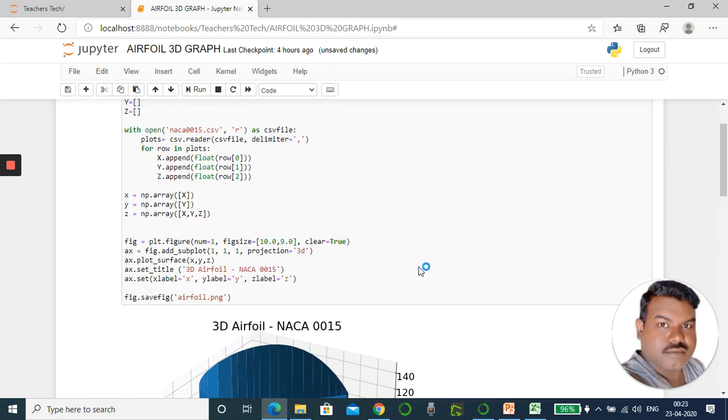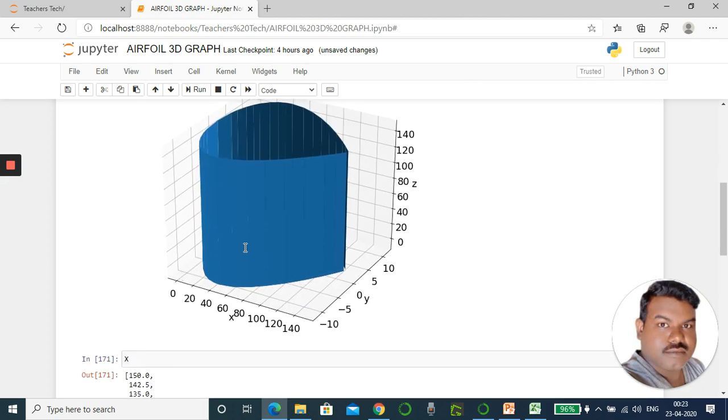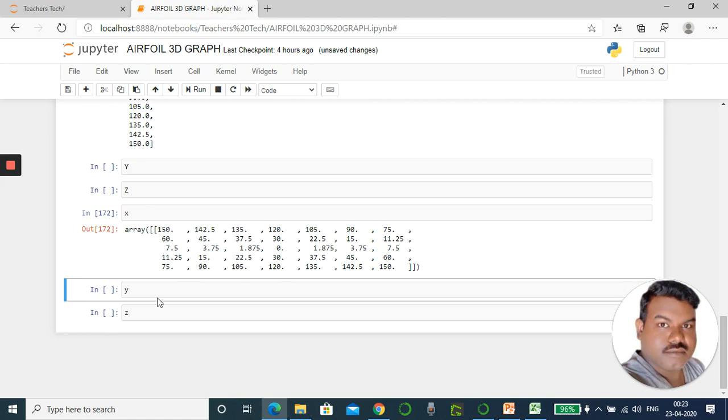The same thing we are going to do for y and z. In z I am making an array x comma y comma z, so I am combining the three. Now you see how the small letter z looks like.